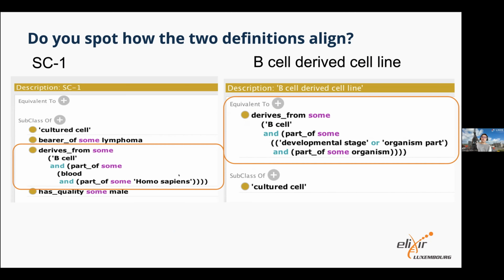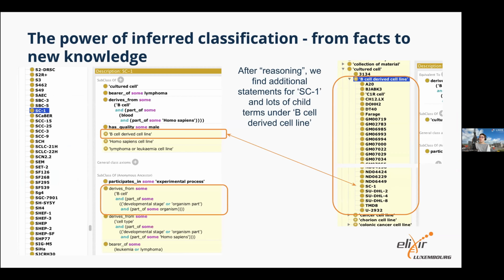Now we use a tool in ontologies called a reasoner, which is a rather complex black box piece of software that processes an ontology step by step and looks at every possible connection and computes every possible link that you can use based on these fact statements that we have made when we built the ontology. And when we're done running the reasoner over this particular example, we suddenly see that SC1 now has a bunch of new facts over here. It's a B cell derived cell line. It's a Homo sapiens cell line. It's a lymphoma or leukemia cell line. I didn't include those, but you've got all of these things in yellow. If you see yellow here, it means new knowledge that we hadn't stated before.